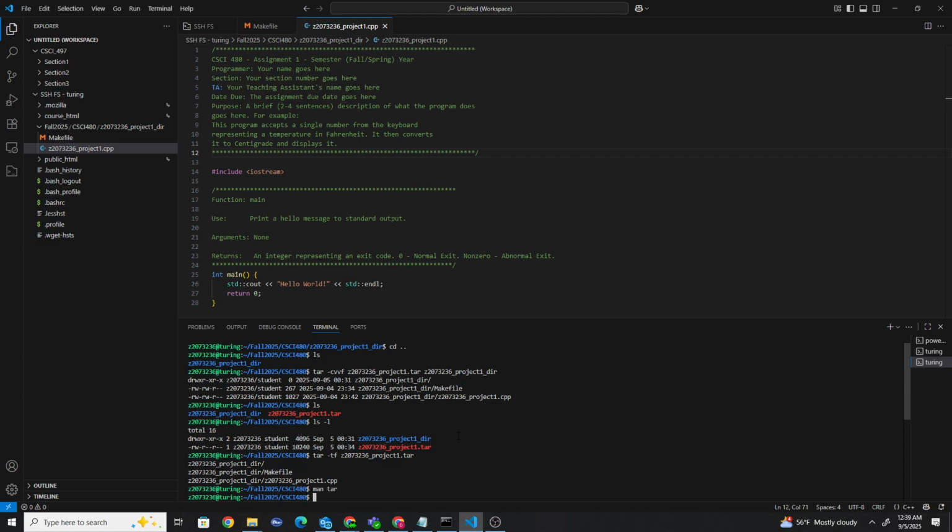And if you would like to know how to use this vscode extension, it's called SSH FS, and there is a video by